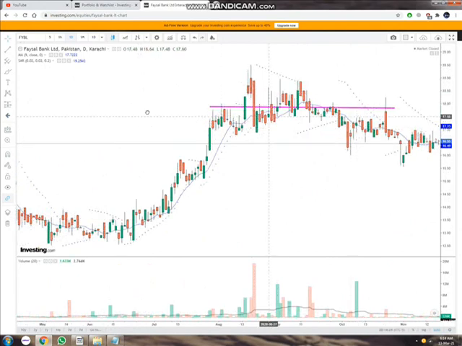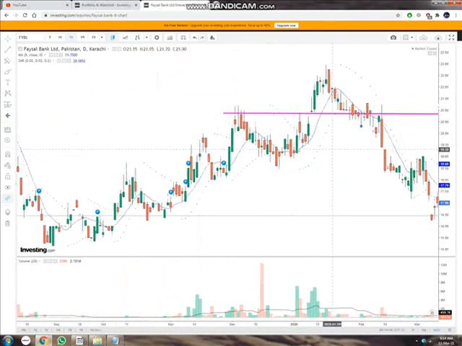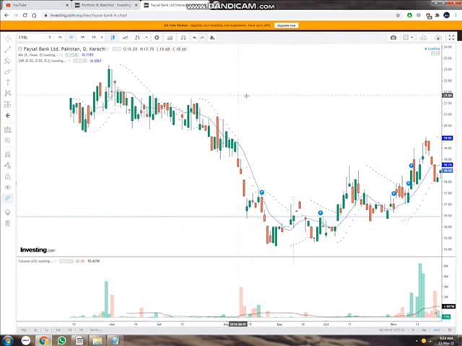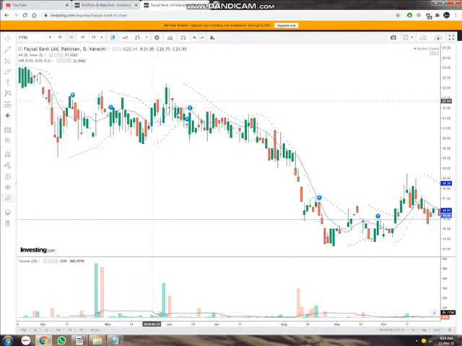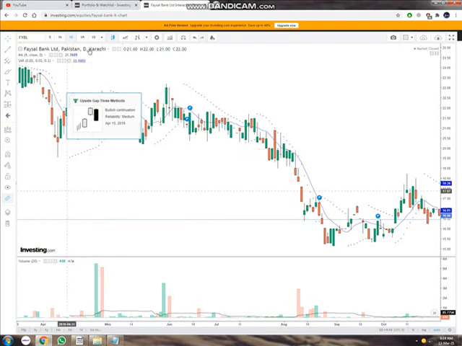Let's find some more so that I can explain it to you guys. Where is it? What about this one? These are all bullish candlesticks. So again, apply the same method. As you can see, it is forming